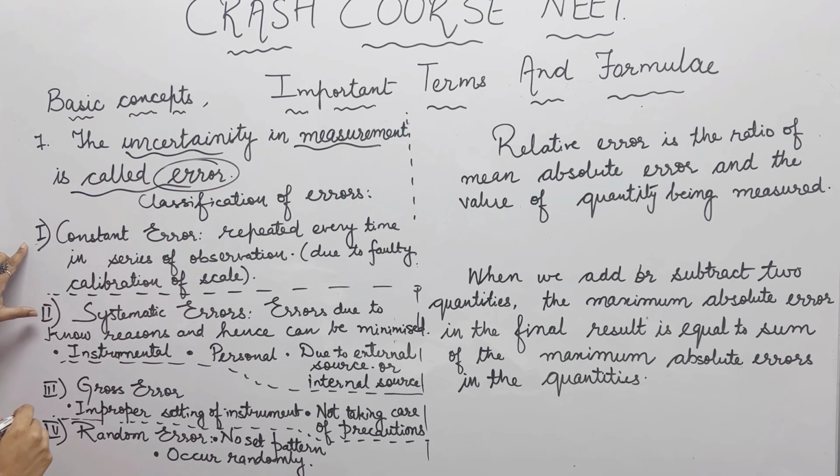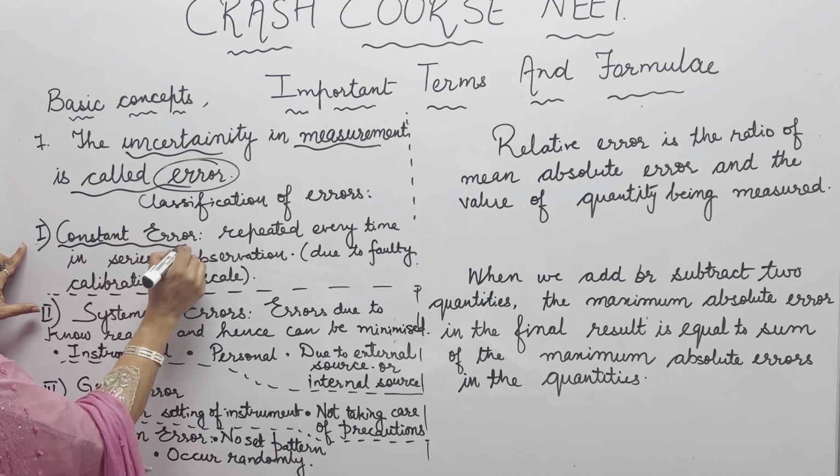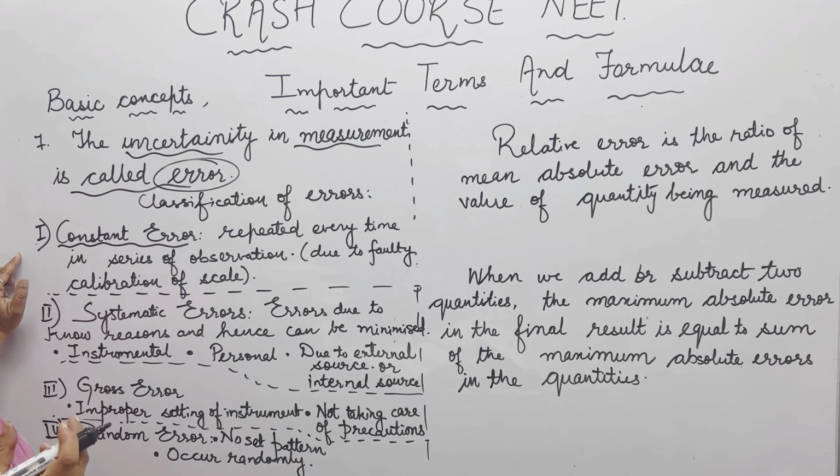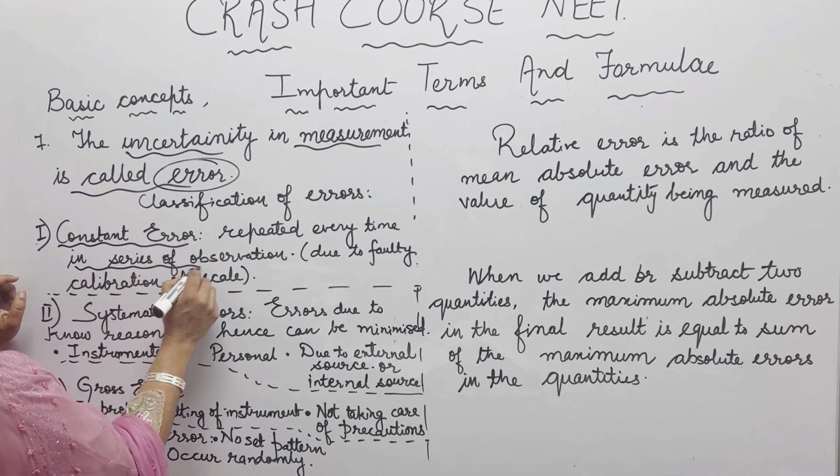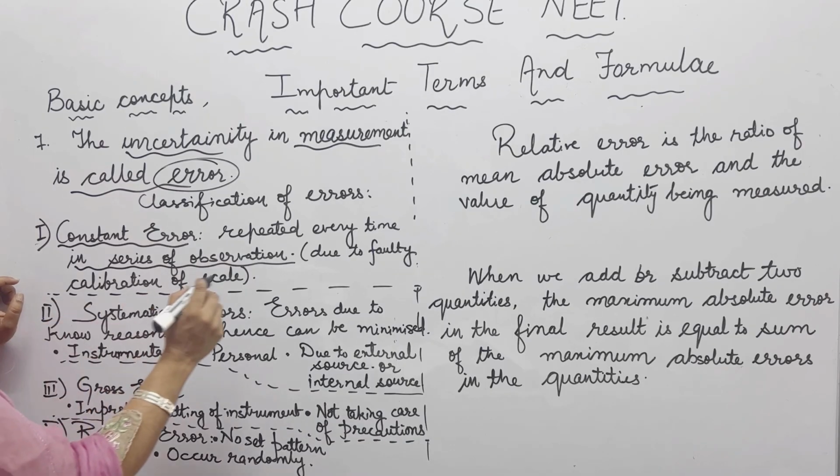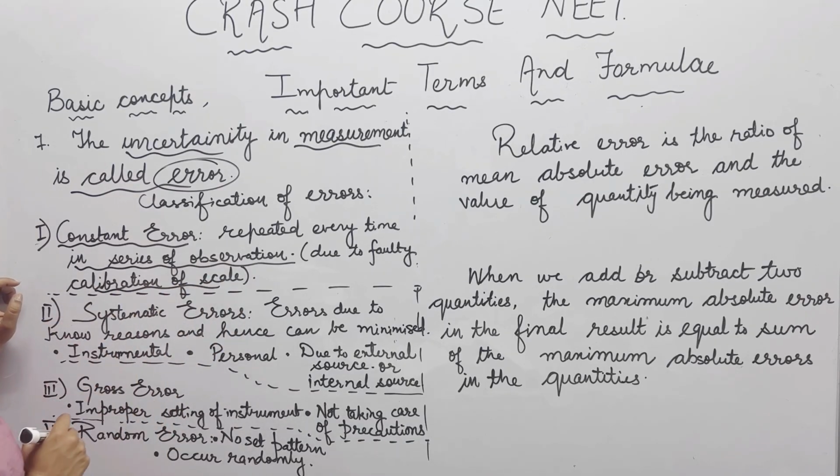एरर कितने टाइप्स की हैं, यहाँ पर हम 4 टाइप्स की एरर देख रहे हैं। कांस्टेंट एरर, हम लोग रीडिंग में देख रहे हैं कि बार बार नंबर ऑफ एक्सपेरिमेंट, ज़रूरी नहीं कि एक्सेलरेशन ड्यू टू ग्रेविटी, हमने और भी काफ़ी सारे एक्सपेरिमेंट किए और रिपीटेडली हमारे पास एक पैटर्न एरर का आ रहा है। तो इसका मतलब क्या है कि यहाँ पर कहीं ना कहीं हमारी जो कैलिब्रेशन हो सकती है स्केल की वो गलत हो और वो एरर बार बार रिपीट होकर आ रही है, तो इसको हम रिमूव कर सकते हैं।